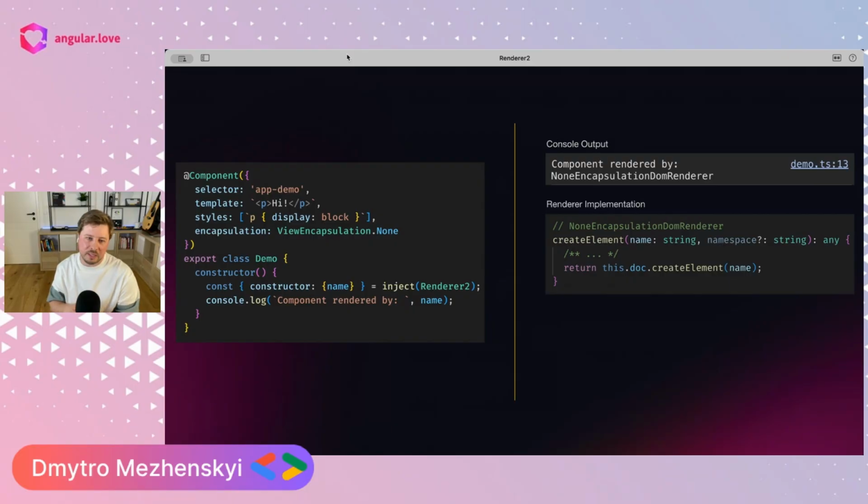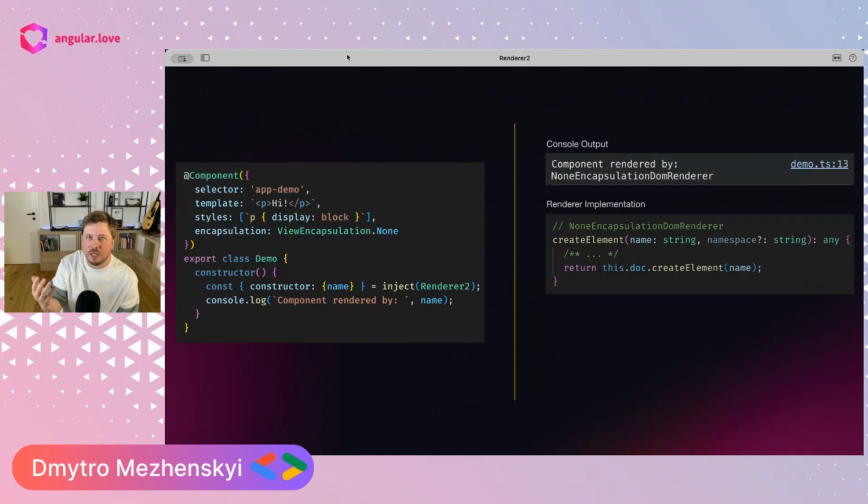And if you have a look at its source code, you will see that there is actually no magic. I removed a small part of the additional checks that happen in the real source code, just to simplify things. But eventually what is happening there is just interaction with the document,